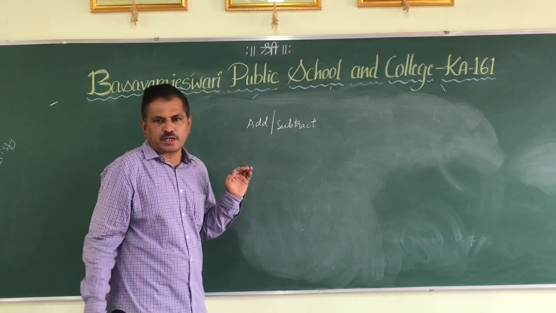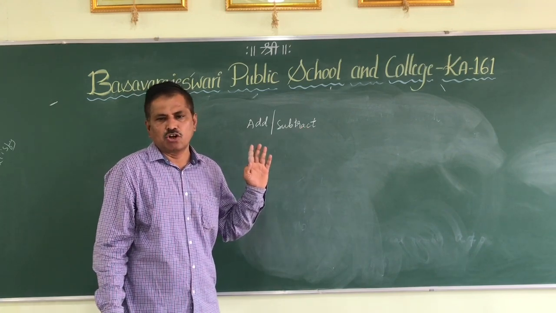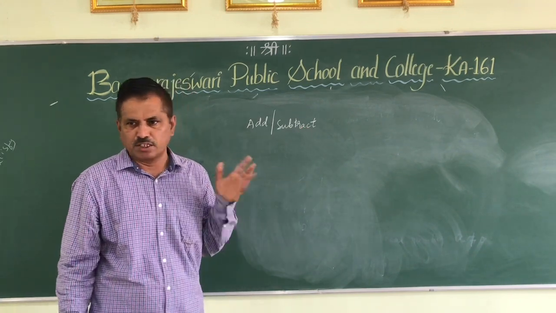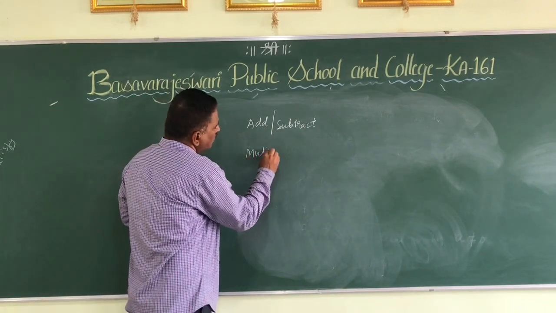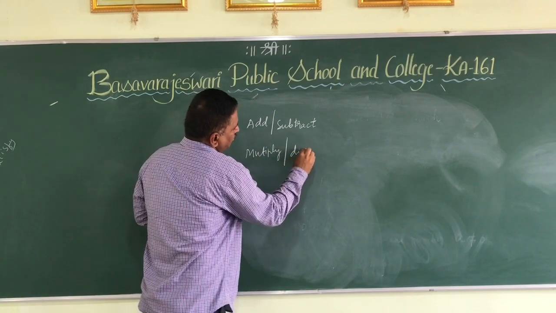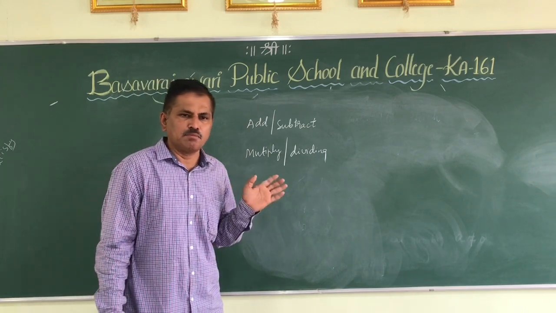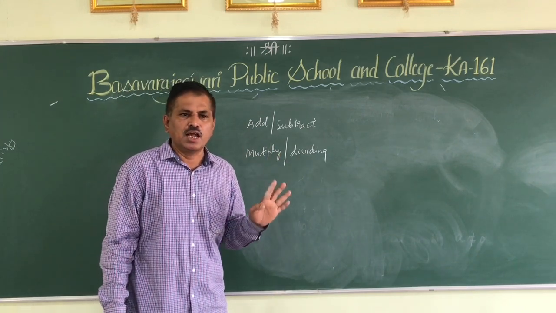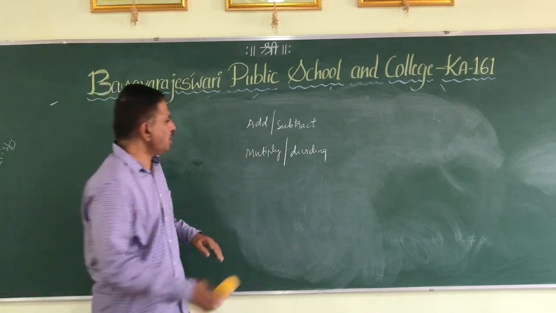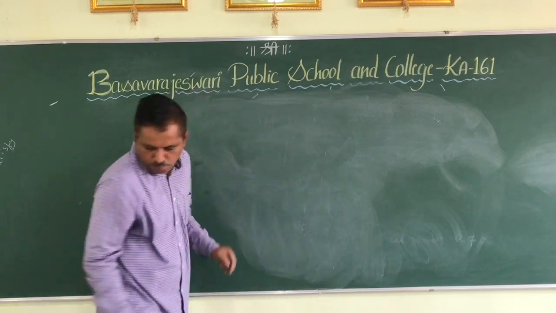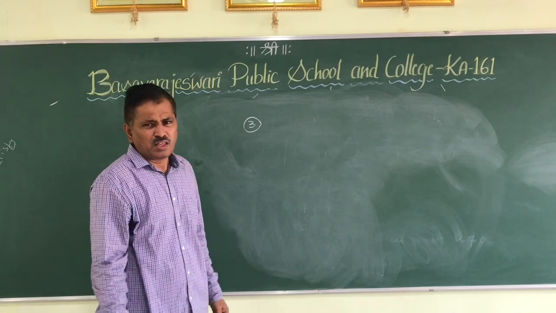Adding or subtracting any real number on either side of the inequation does not change the inequation. This I explained in the class. Then the second property is multiplying or dividing. Multiplying or dividing any real number on either side of the inequation does not change the inequation. The third property, which is the most important one, is if you